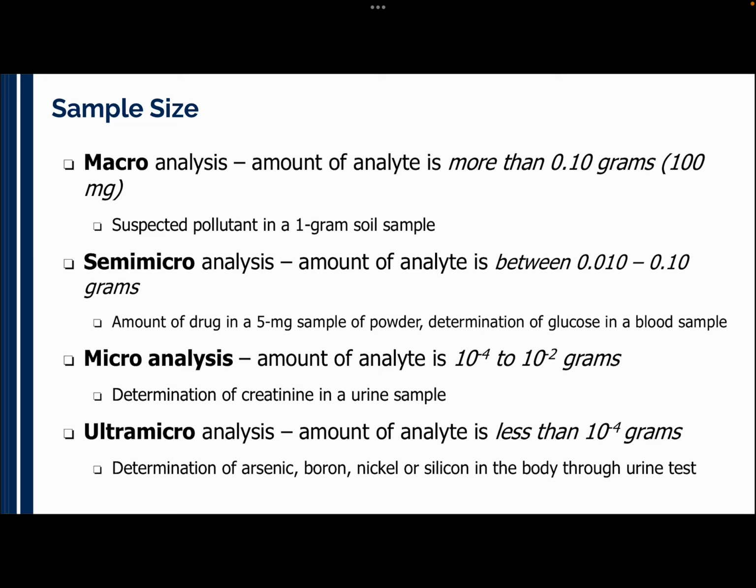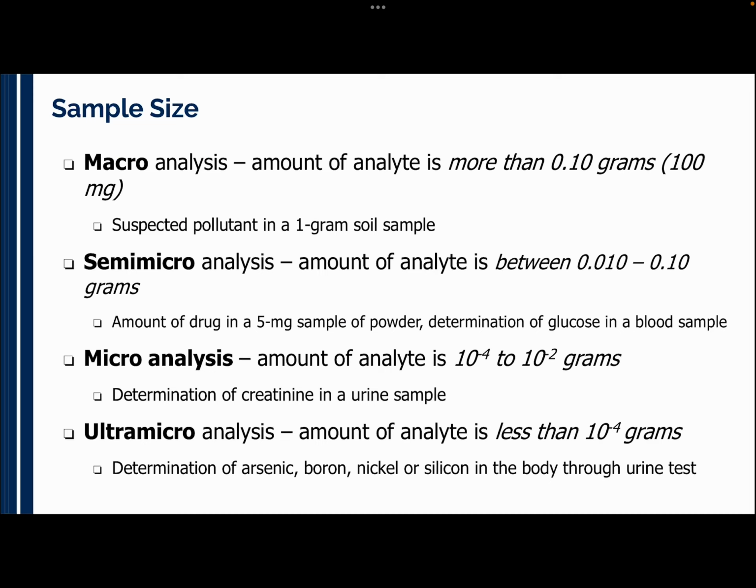So for example, if we suspect pollutant in 1 gram nga soil sample, then we can say nga that specific analysis is a macroanalysis. And then semi-microanalysis, so the amount of analyte is between 0.010 to 0.10 grams. So for example, if we were tasked to determine the amount of a drug in 5 mg nga sample